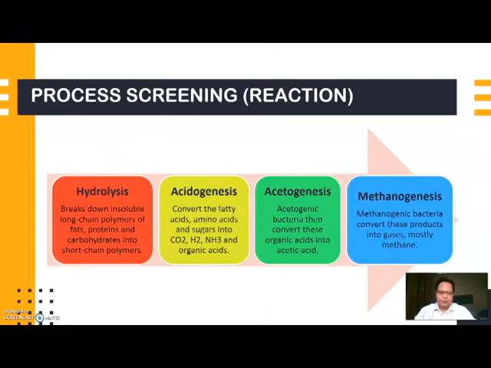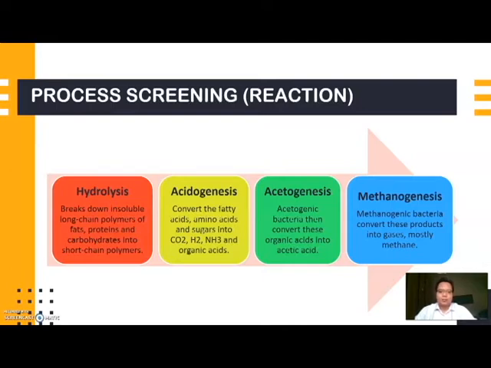So elaborating more on anaerobic digestion, it consists of 4 different stages. The first stage is hydrolysis, where it breaks down insoluble long-chain polymers. So POM contains long-chain polymers of fats, proteins, and carbohydrates. So hydrolysis breaks down those long-chain polymers into shorter chains of polymers. This shorter chain of polymers consists mostly of fatty acids, amino acids, and sugars, which will then be converted in the acidogenesis